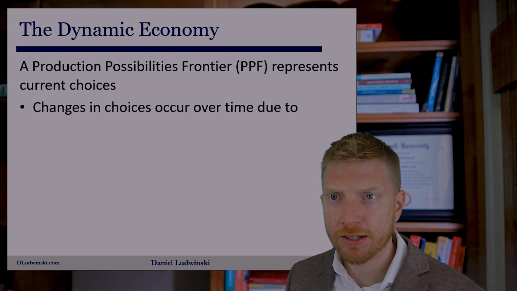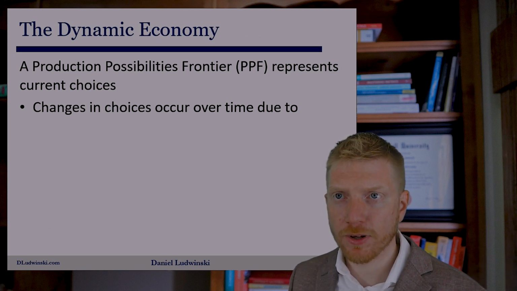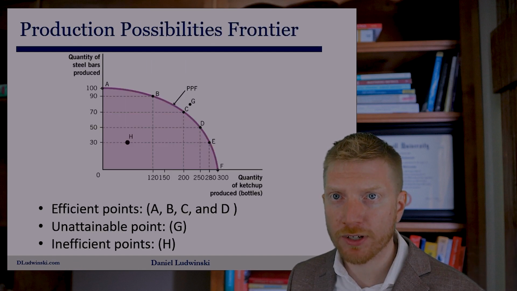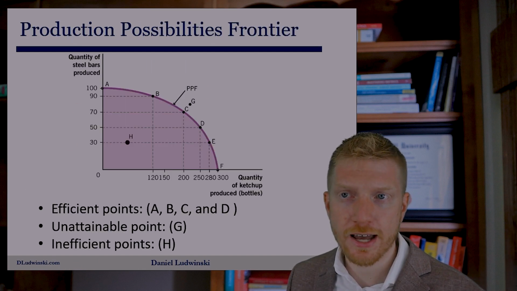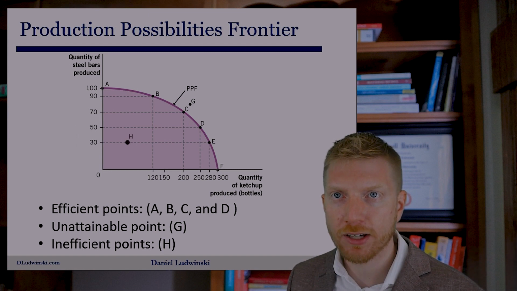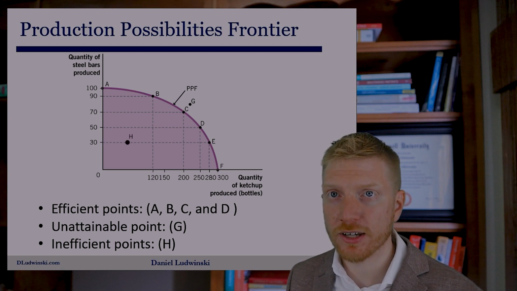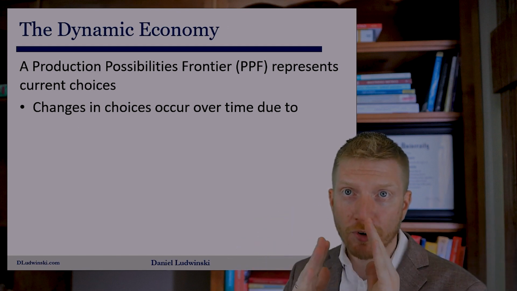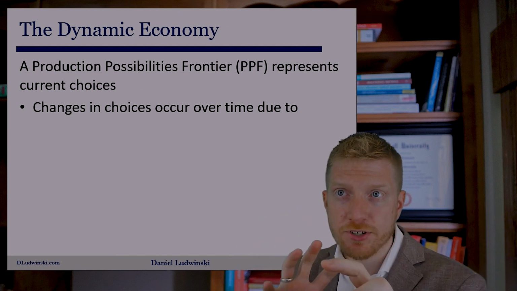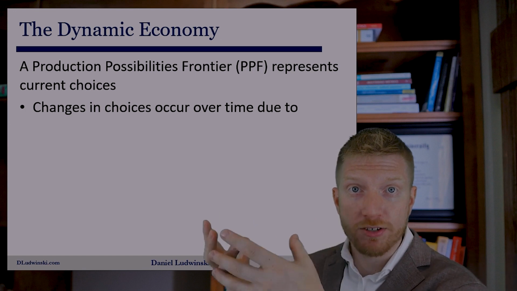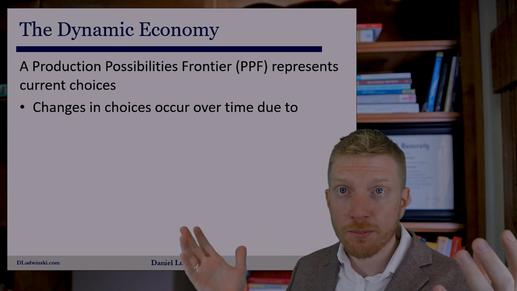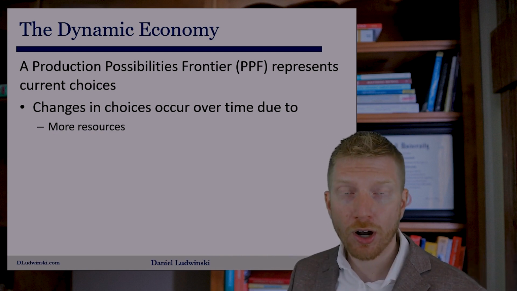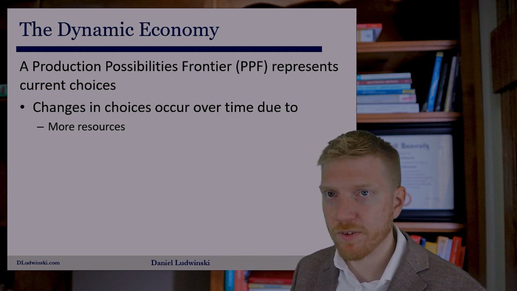One last thing to talk about in this section is that the production possibilities frontier is not static. What we can make as a country, as an economy, and even as individuals changes. The production possibility frontier is a static snapshot that represents our current possibilities, our current choices. But changes occur over time, and the things that can drive the changes are change in resources, an investment in